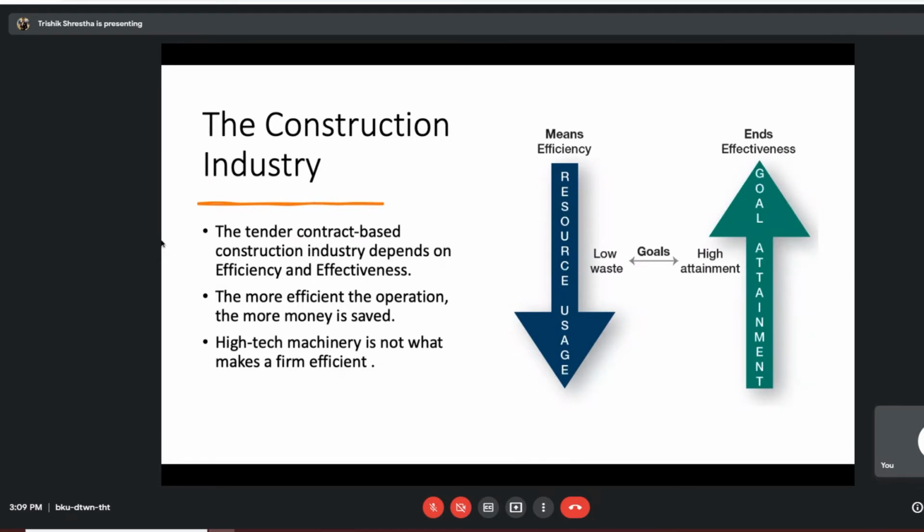Even before we had these giant concrete pumps and these giant cranes to transport things around, we were still making money in the construction industry. It was not dependent on how much advancement we brought forth. The things we did in the past, we're still doing, but this technology does make things easier. I'm not saying that technology or these machinery items, these concrete pumps or cranes, are not important. I'm just saying that these machinery items are not the only thing that makes you efficient. There's much more than that.